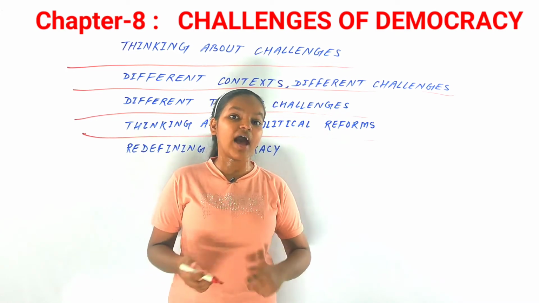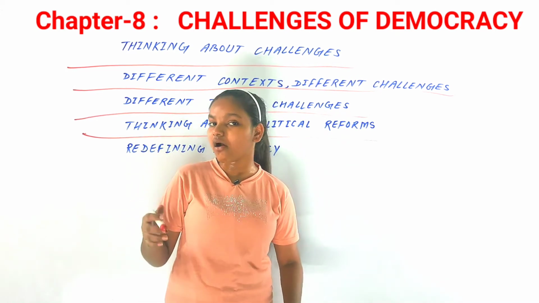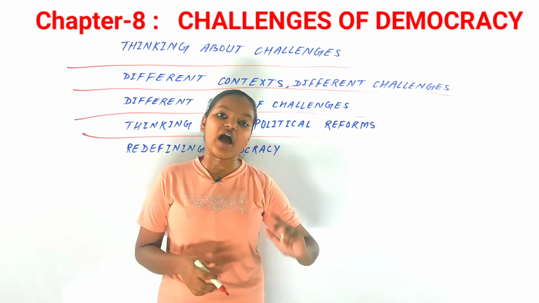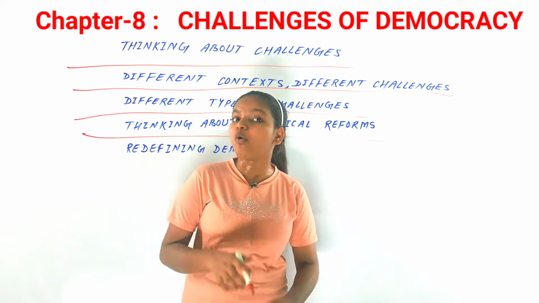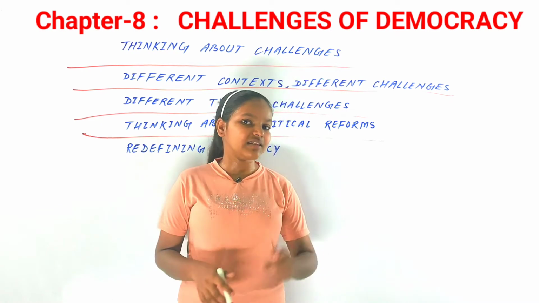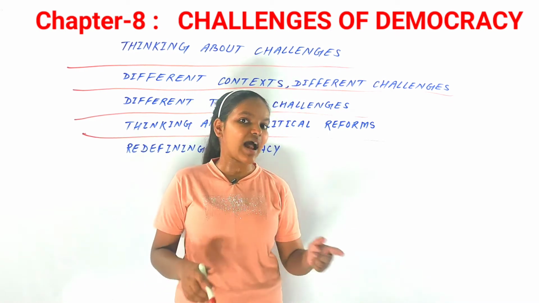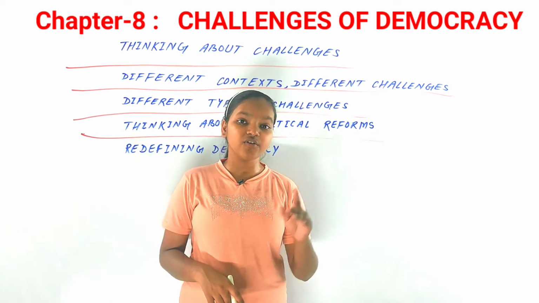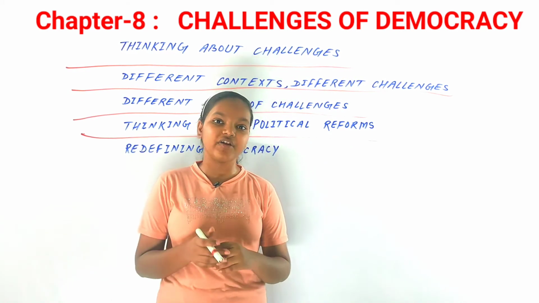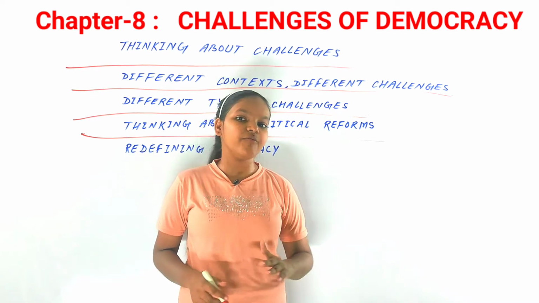After that, we need to have more and more democratic practice in our country. That is, we need to focus on democratic practice by all the people. So we can say that these are the reforms that can be brought in our country, seeing today's context. And the next and last thing that we are going to discuss here about reforms in our country is that the government must see what it is making.